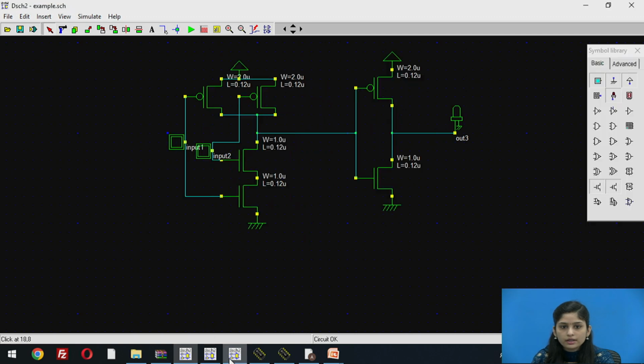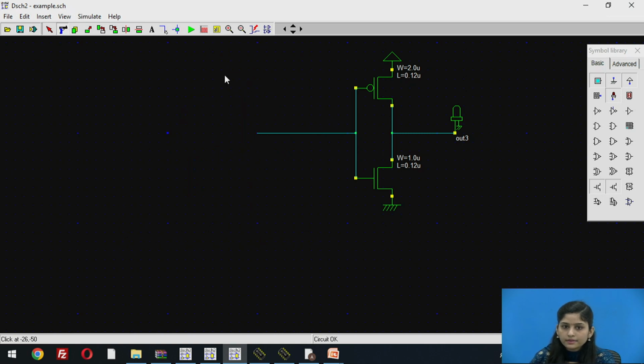Now we have to design an OR gate in our DSCH software. For that we require one NOR gate and a second inverter circuit. So just by using the delete tool we are deleting this NAND gate part. Now we are using the NOR gate. For the NOR gate we require